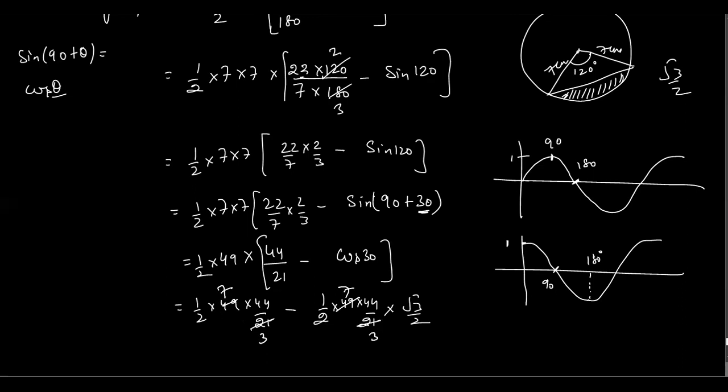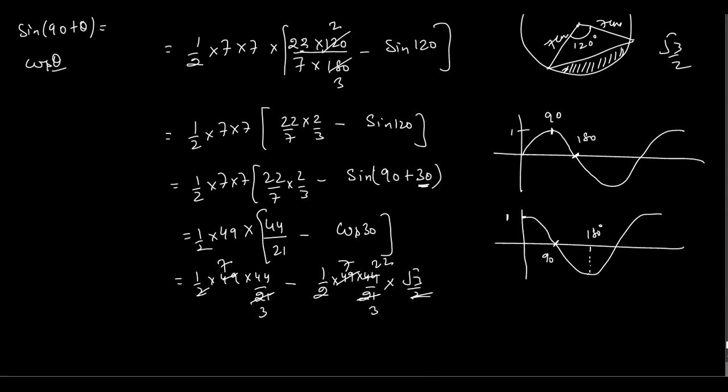Now this 2 will get cancelled out here. So you will write here 22. So that would be equivalent to how much? And this 2 will also get cancelled. This will be 22. So you will get here 22 into 7, and 22 into 7. तो दोनों में 22 into 7 है, तो you can take the 22 into 7 common. So 22 into 7 you can take common and you can write it 1/3 minus 1/6. नीचे 6 आपका रहेगा, 3 to the 6 and that would be 22. ये तो आप common ले चुके हैं बाहर, तो it will be √3.